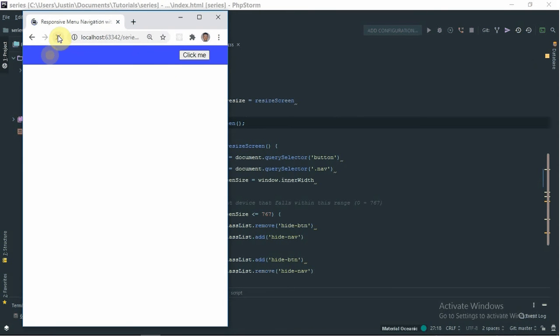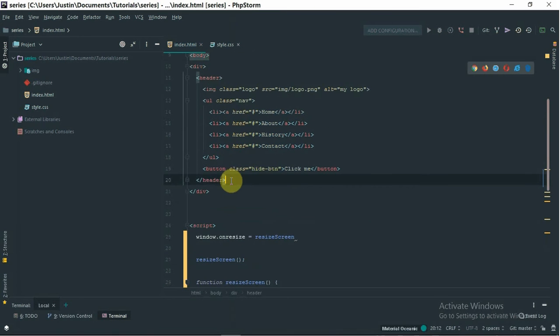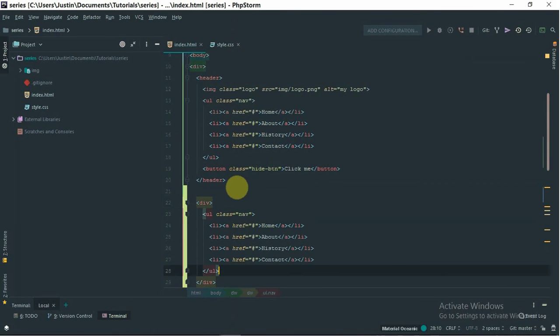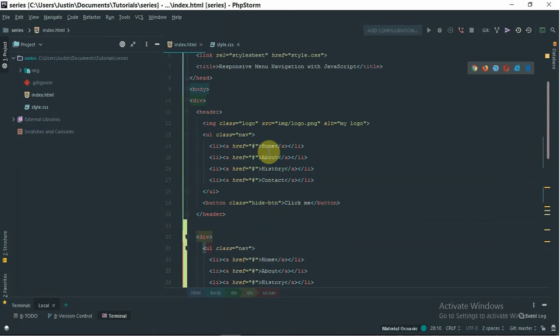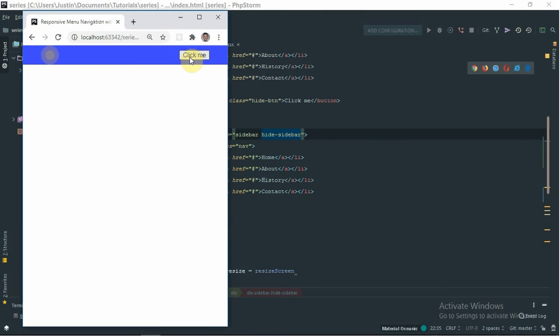So cool. Then once the user clicks this button, we are supposed to have a navigation drawer. So let's go to it. I'm going to copy this UI, then I'll paste it below here. As you can see, this is not looking DRY, but for the sake of this class, for the sake of simplicity, I'm going to leave it as it is, as I've already prepared this class beforehand. Then hide sidebar. Once the user clicks this button,